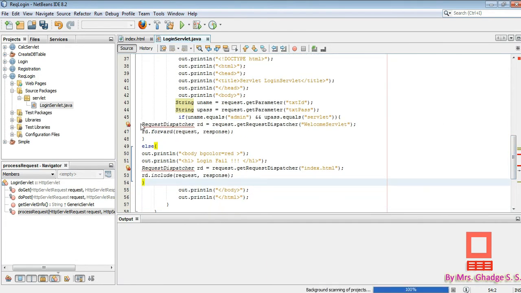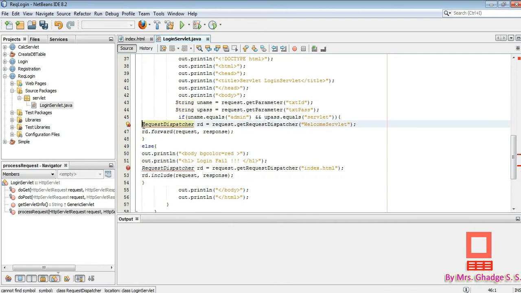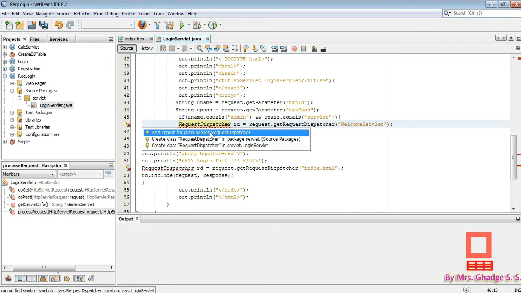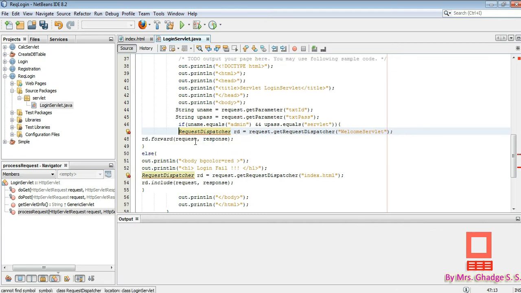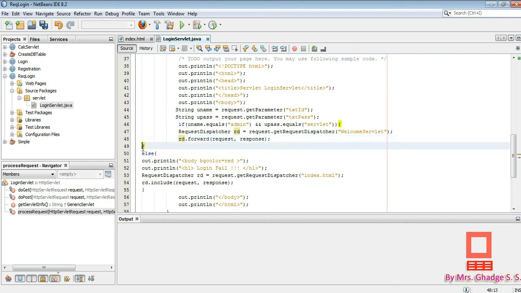So request dispatcher is the object which belongs to the javax.servlet package. So we need to import this package, so just click here. Okay, this will import RequestDispatcher. So you can see all the errors are removed here. Okay, you just align it.